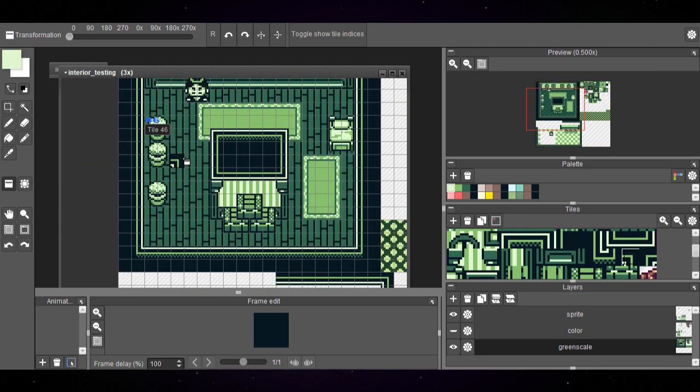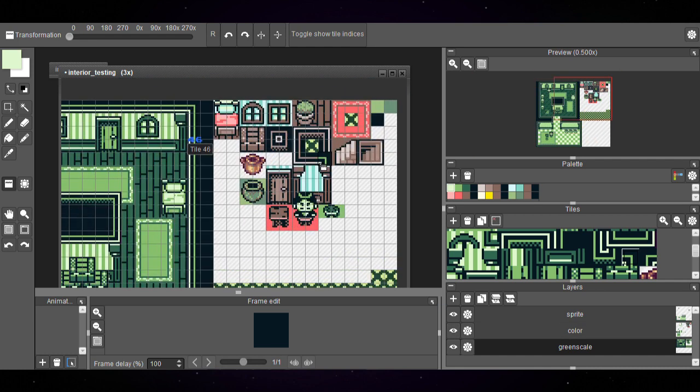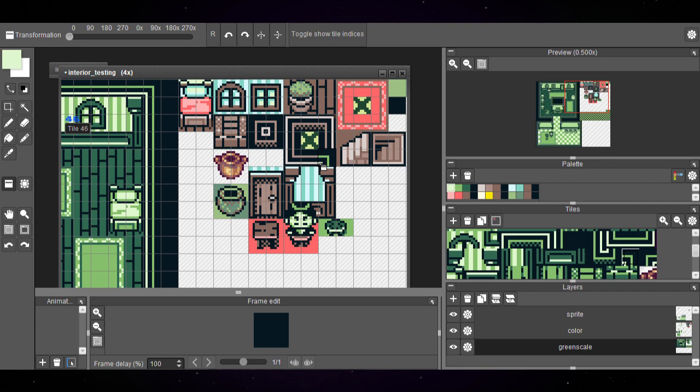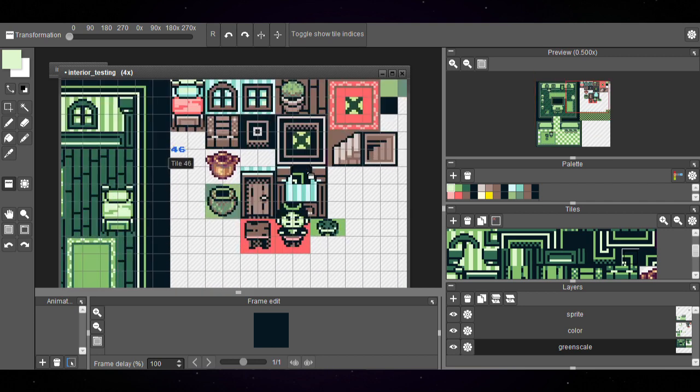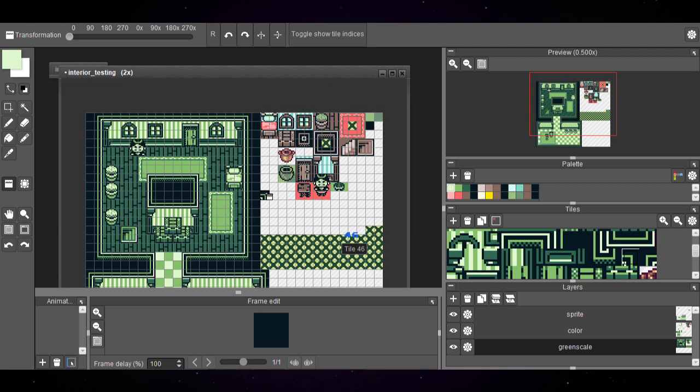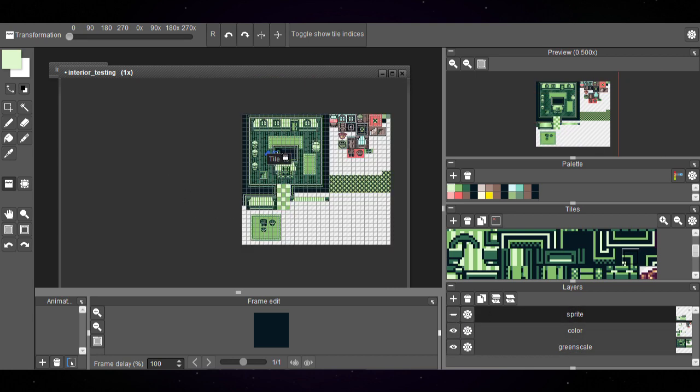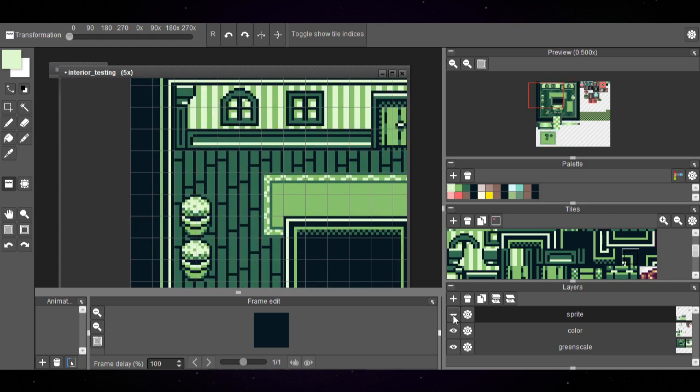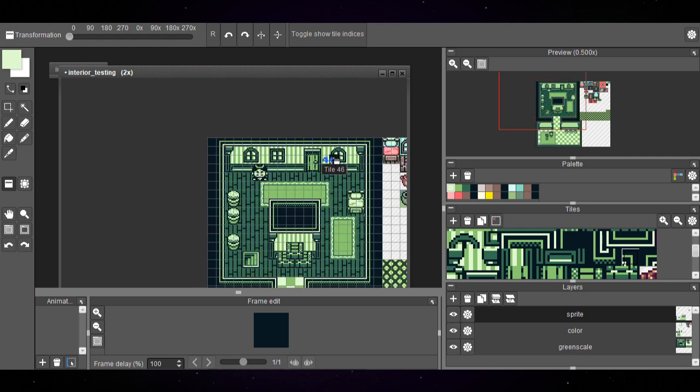And so far I have the standard Game Boy palette for the grayscale layer, and I have the color layer where I test out if the color ramps are working, if I can make the individual tiles work within the constraints of the hardware. And I've made a sprite layer so I can place this little guy around here